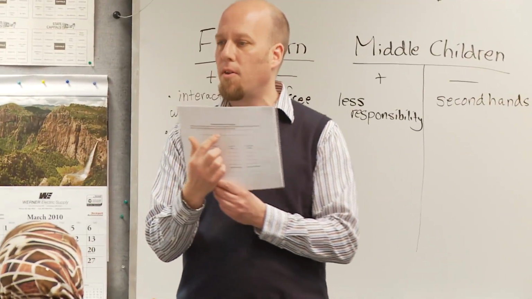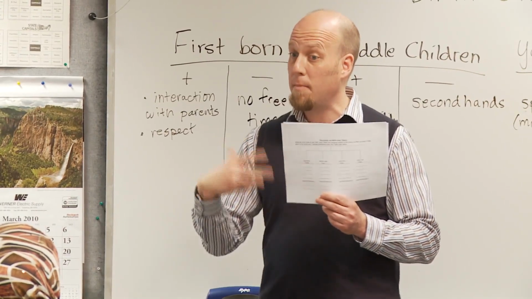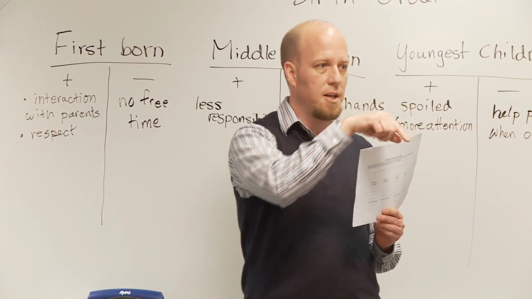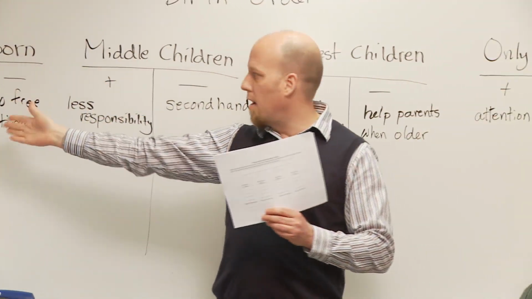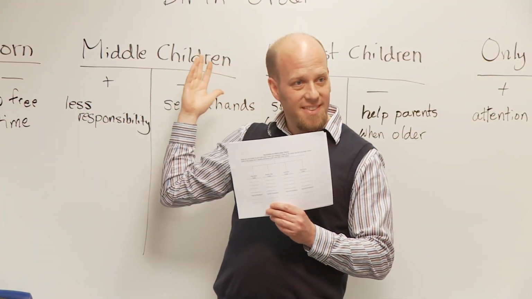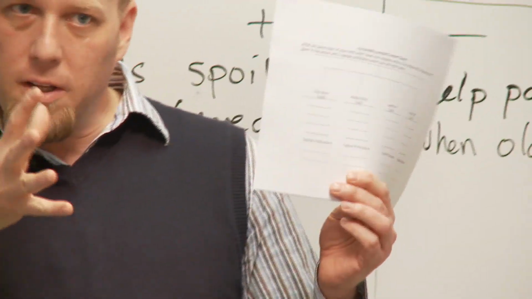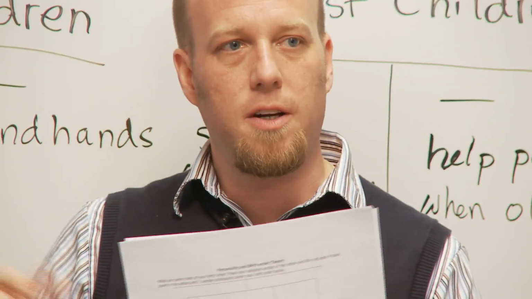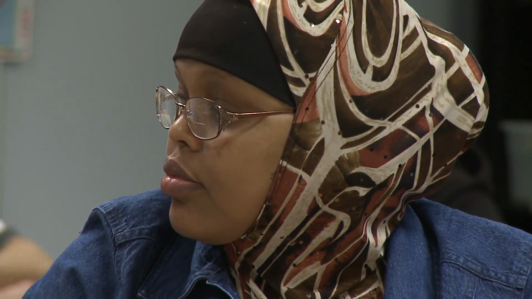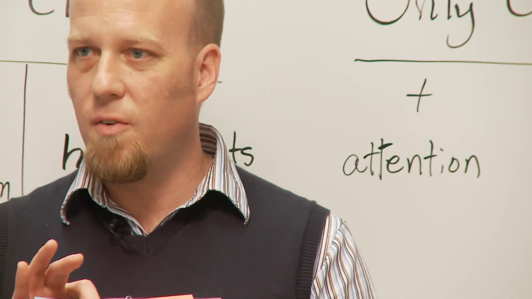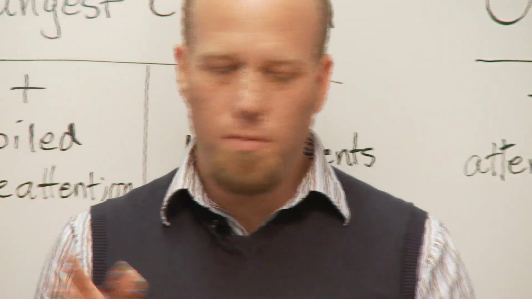So this is birth order theory. It's about how people develop because of their place in the family. Just like we were talking about just now. How are all these children the same? No, each child has a different personality, partially, not wholly, but partially because of their order in their family. That's what the theory is saying. So we're going to read these right now, and you're going to read all of them? No. Just the one for your group.